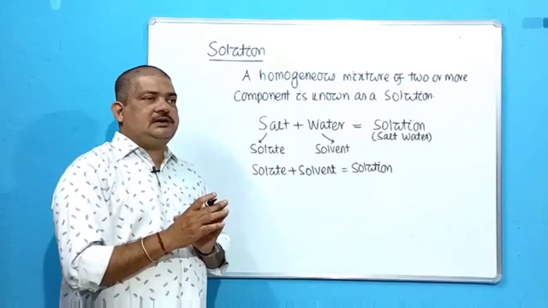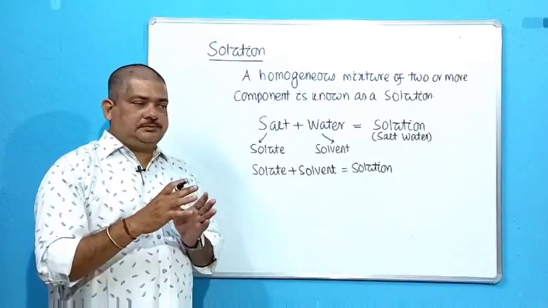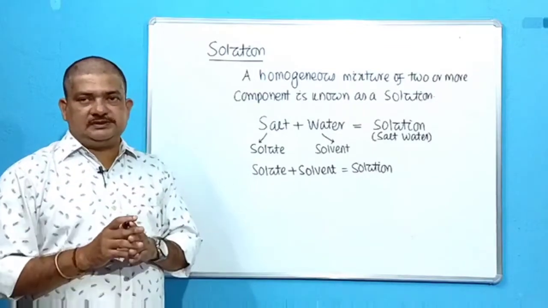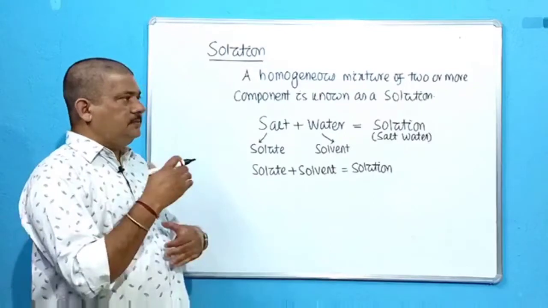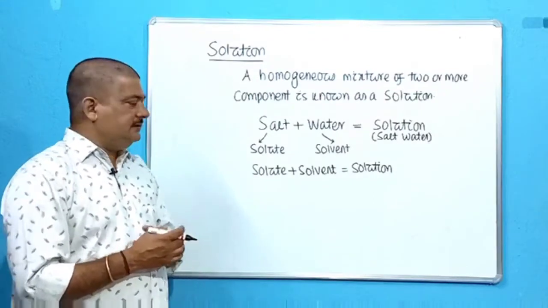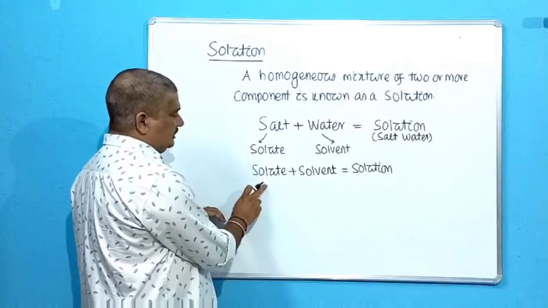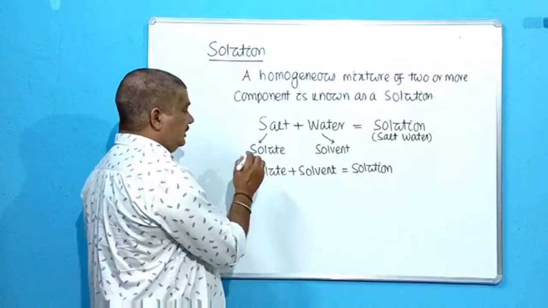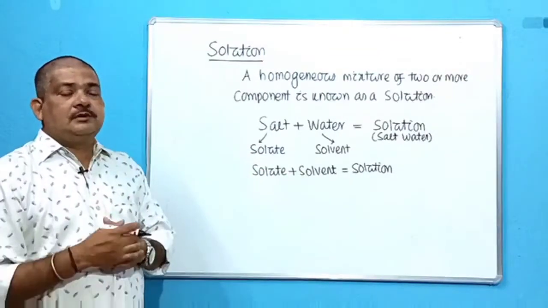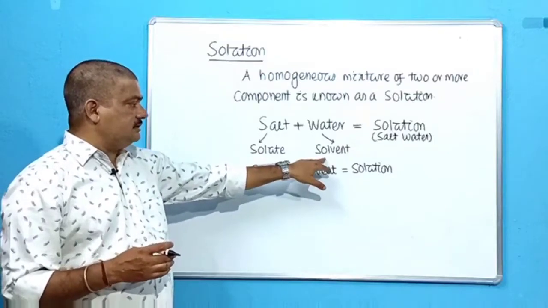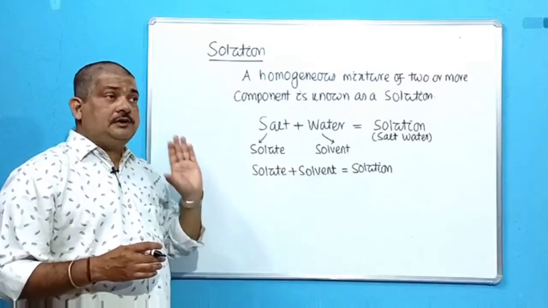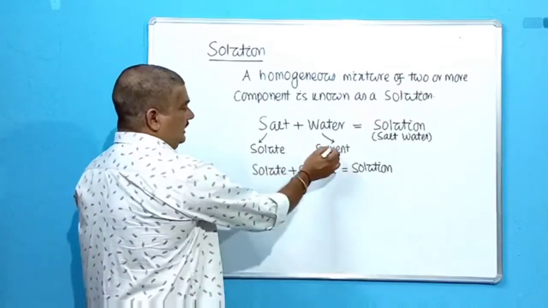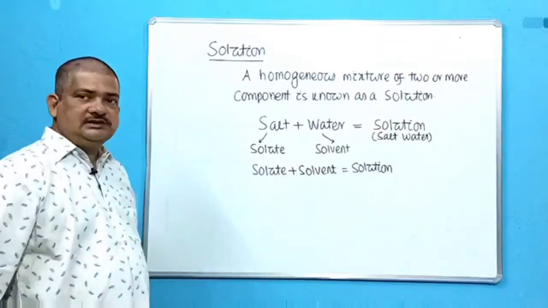So any homogeneous mixture which cannot be distinguished, because it is thoroughly mixed, completely mixed, so there is no surface of separation between them, is called a solution. It may contain two or more components in it. Now when a solute is dissolved in a solvent, it forms a solution. So what is a solute? That which is dissolved completely in the solvent is called solute. So what is a solvent? That which dissolves the solute completely to form the solution is a solvent. So in this case water is the solvent and salt is the solute.